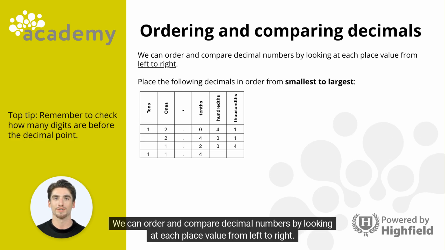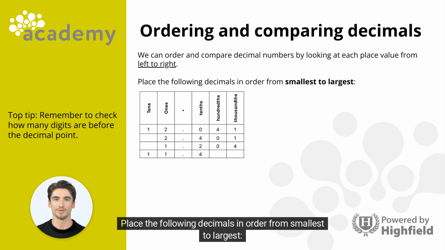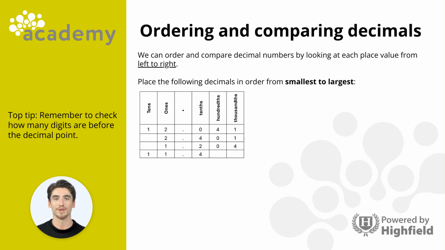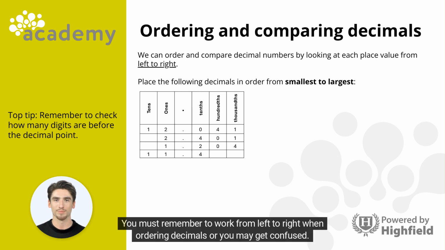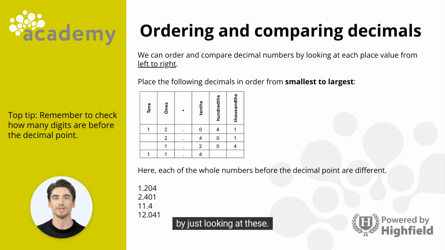We can order and compare decimal numbers by looking at each place value from left to right. Let's look at an example. Place the following decimals in order from smallest to largest. 12.041, 2.401, 1.204, 11.4. You must remember to work from left to right when ordering decimals, or you may get confused. In this example, the whole numbers before the decimal point are different, so we can order the decimals by just looking at these. The correct order is 1.204, 2.401, 11.4, and